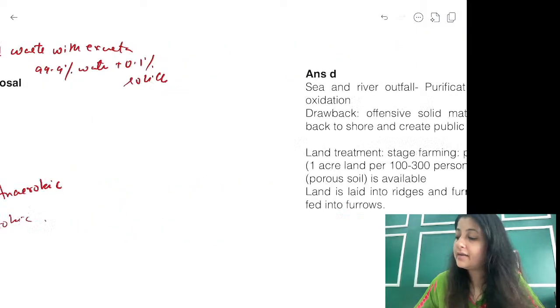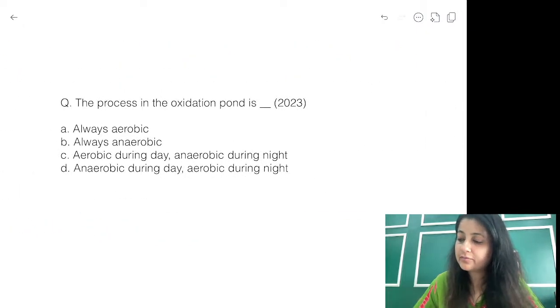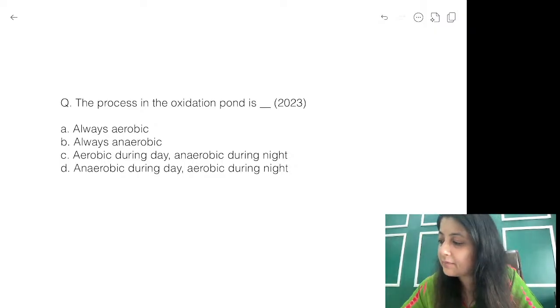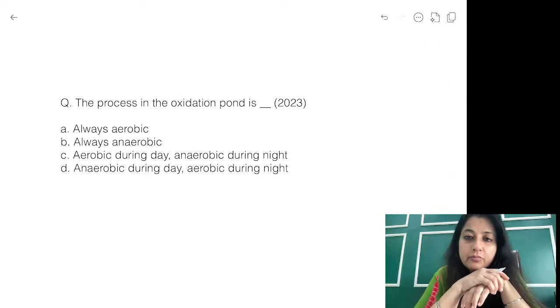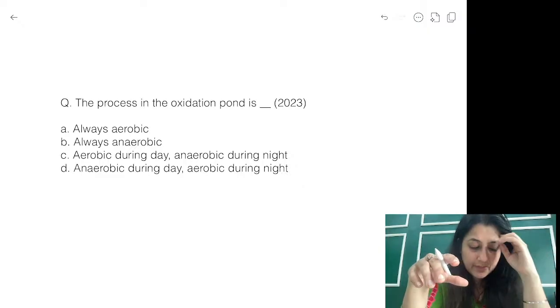Okay? Alright, let's have another question. This is just the explanation. The process in the oxidation pond is, we'll revise some treatment disposal methods of sewage, guys. Process in oxidation pond is. Now many times you have been asked